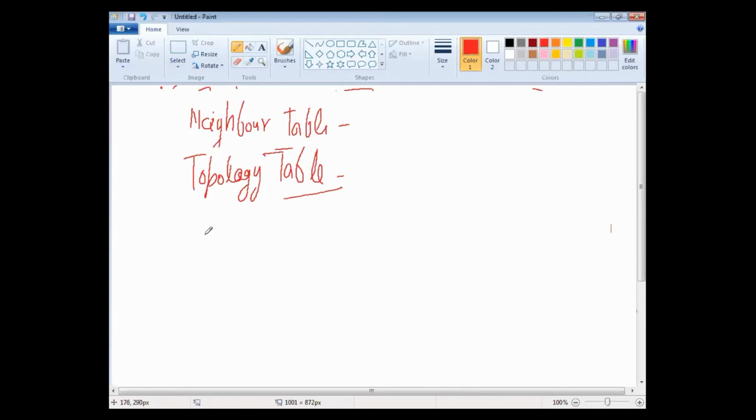Like in area 0, we have 5, 10 routers, and per router we have 3, 4 networks. That topology table will contain all the possible routes to reach those networks within that area. That is called the topology table. The third table is called the routing table.